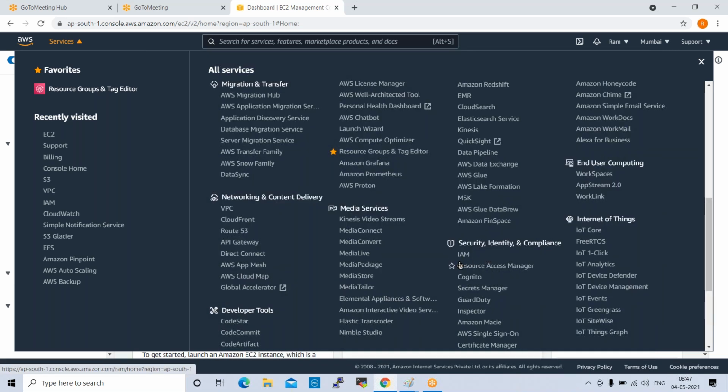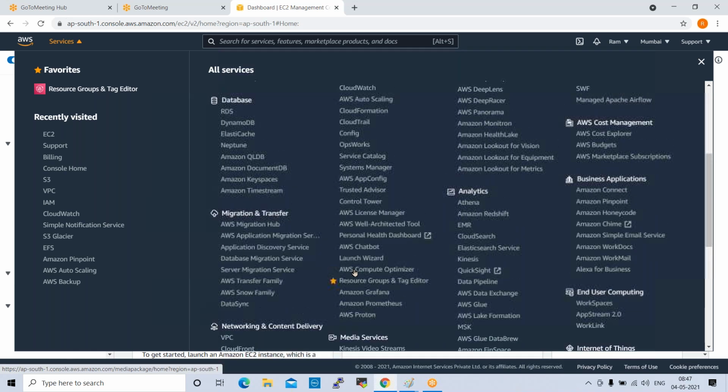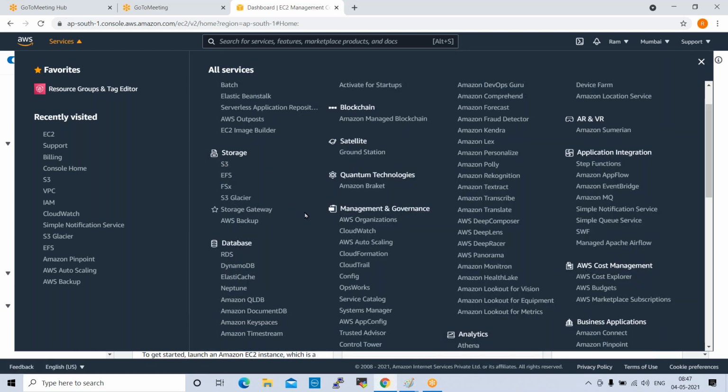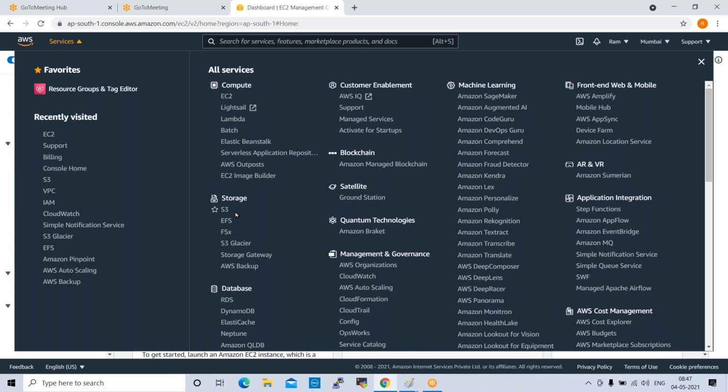And one more tool here, which is IAM. IAM is Identity and Access Management. This is all about user management. In real-time projects, we don't use the root user. We always log in with an IAM user. When we talk about this, I will go deep dive. Also we have storage services, which is S3. S3 means Simple Storage Service, like Google Drive. When we create a Google Drive, it will be created in a Google data center, right?